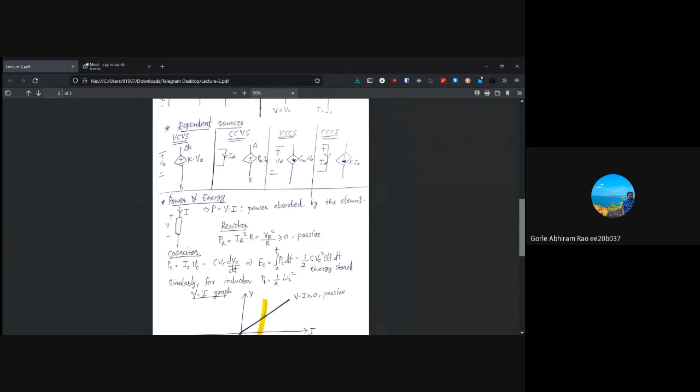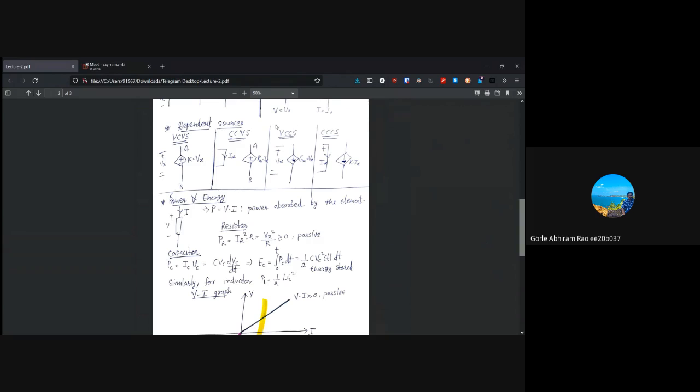Now, if the voltage or the potential difference across this voltage source depends on the current flowing in some part of the circuit, it is a current controlled voltage source. As in, if Ix is flowing in some part of the circuit, you can write this as R into Ix, where R is a resistance, which is called the trans resistance.